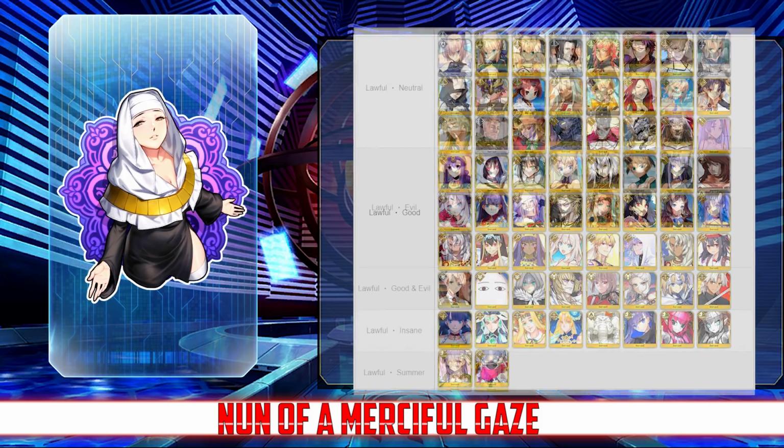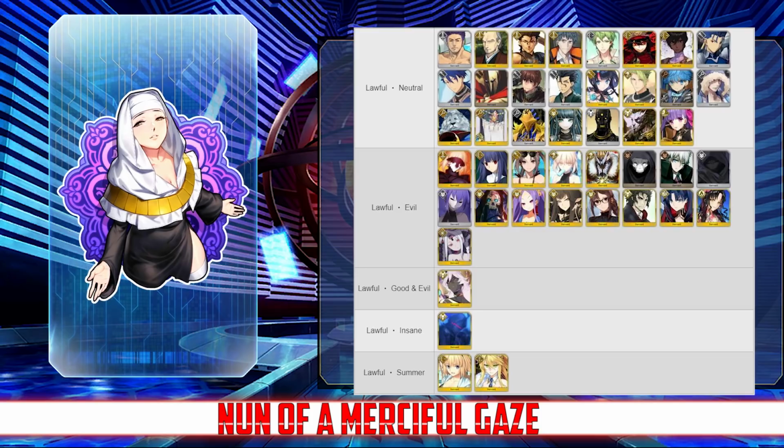I highly recommend giving this to your strongest Avenger like Jolter or Lobo, or even giving it to Kiara if you have her. But if you don't have any of those servants, you can also give this to your strongest boss killer like Gil or Herc, and you should also be putting it on their buster cards to maximize that